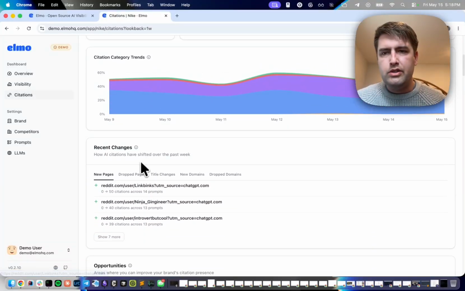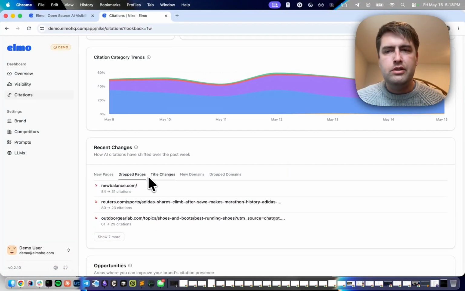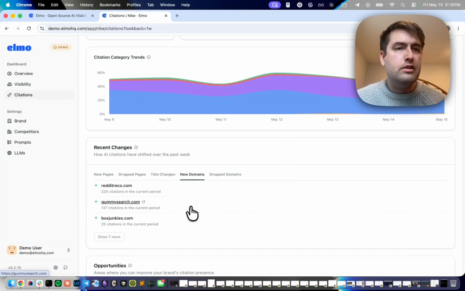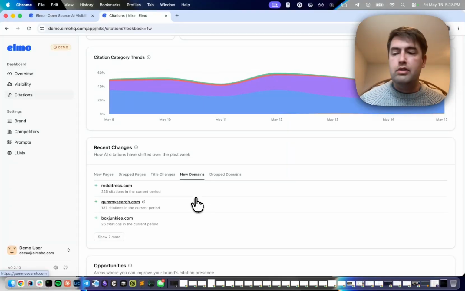We also track recent changes, so new pages that are being mentioned a lot, dropped pages that have fewer citations, pages that are seeing title changes, or new domains that weren't previously mentioned before. And all of this can help you discover content opportunities or partnerships that might be interesting to grow your brand's